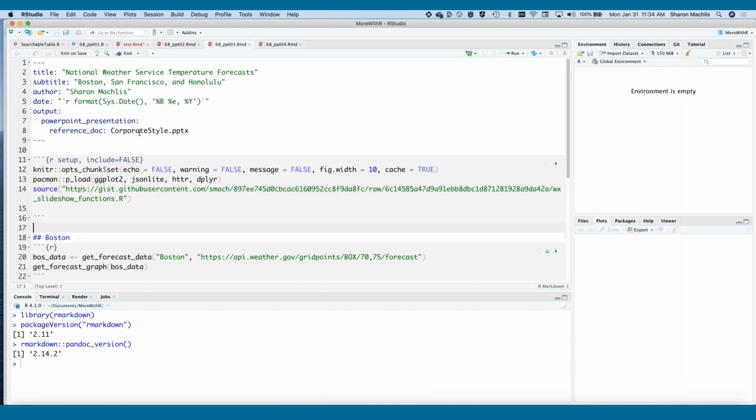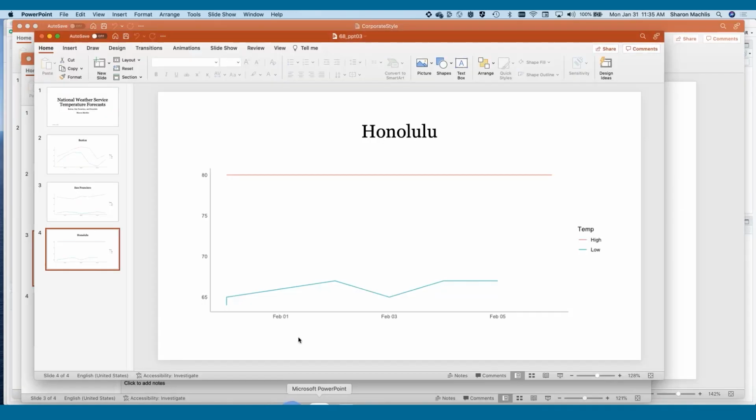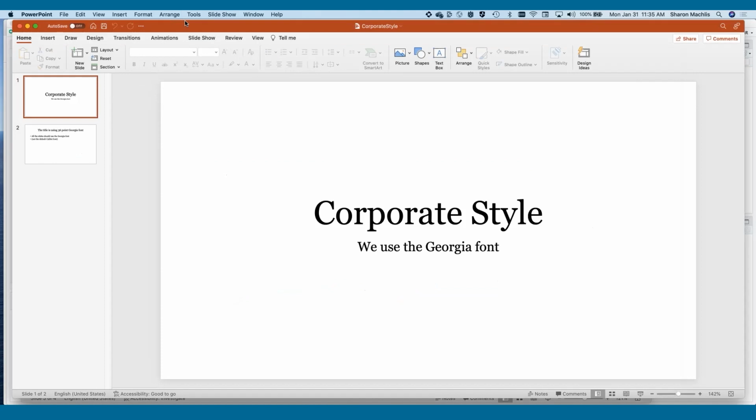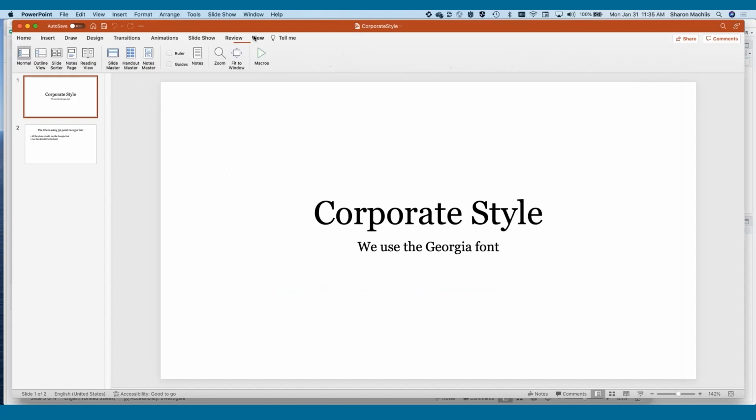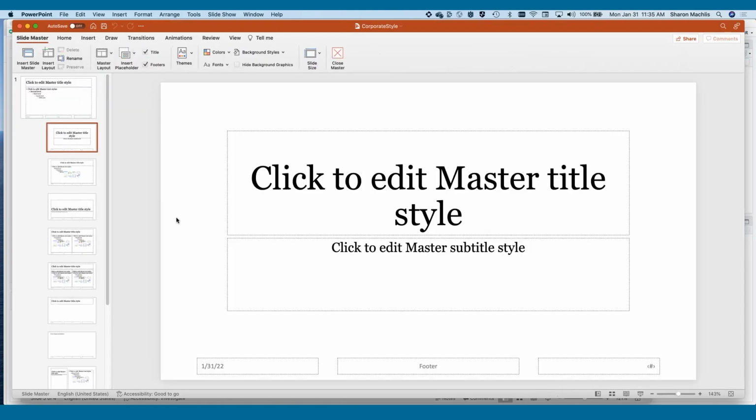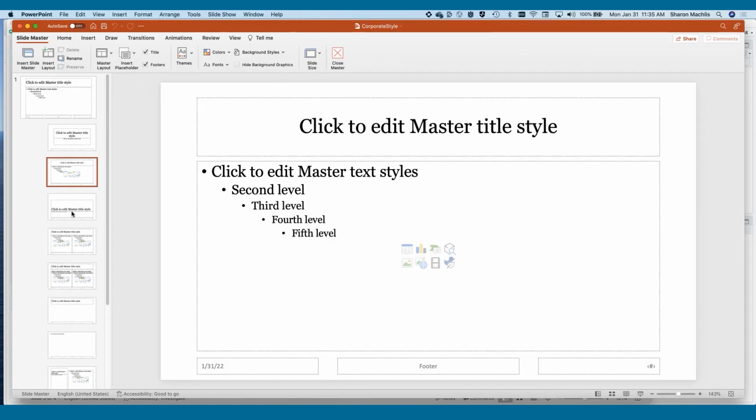That's a regular PowerPoint file and not a PowerPoint template. I just created a new document in PowerPoint, went into the master slide view and set some styles. You can see that I called it corporate style, even though this is not my corporate style. You just need to go to View, Slide Master, and then you can edit these how you want.